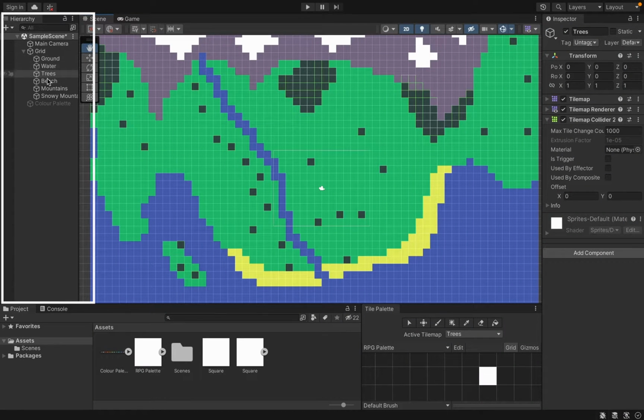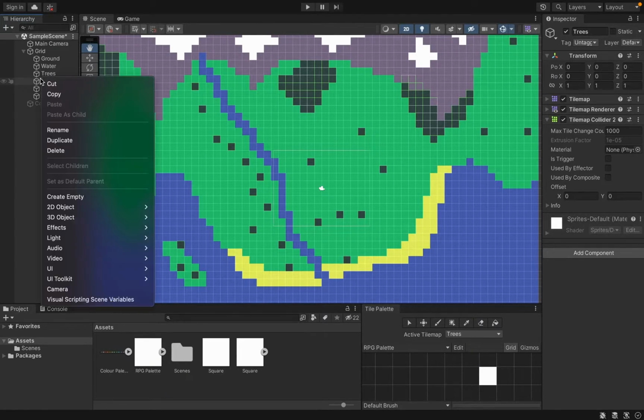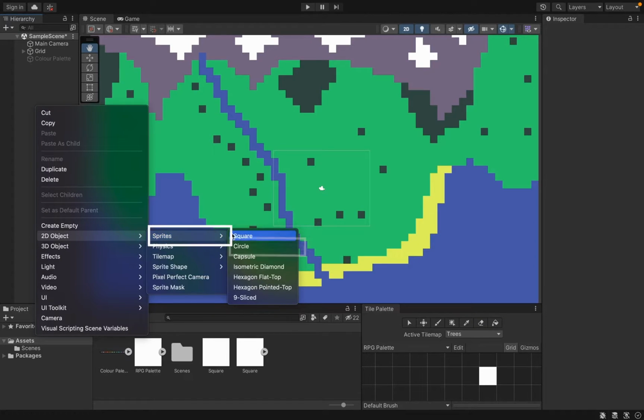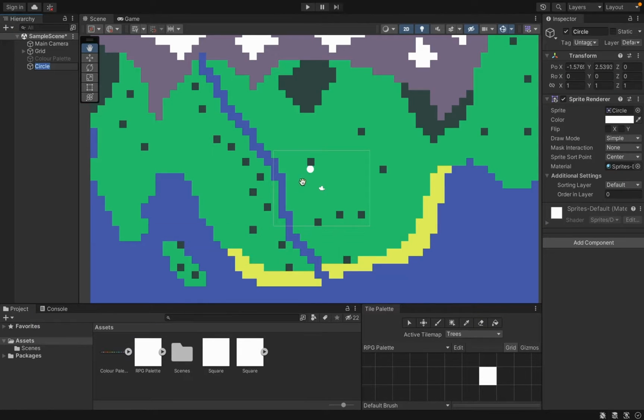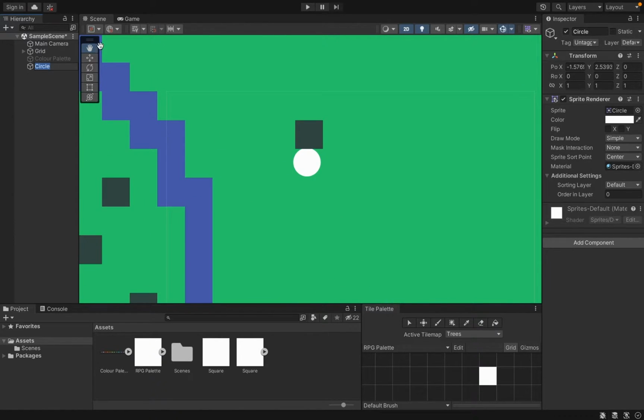Let's get started. So first off, I'm going to head up into my hierarchy here. I'm going to hit the arrow by my grid in order to close up all of my different layers, and I'm going to create a shape that will represent our player. You can begin by right-clicking over here in the hierarchy, go down to 2D Object, Sprite, and I'm going to use a circle as my player. If we zoom in, you'll see that I now have a player character there, and I'm going to rename them